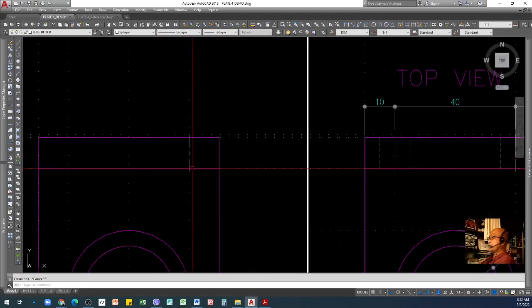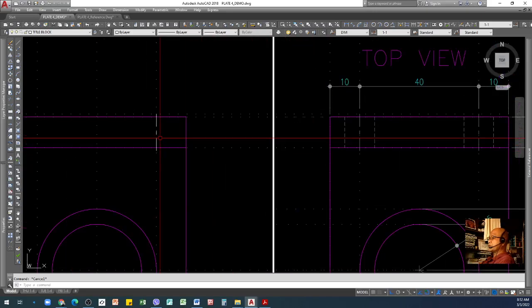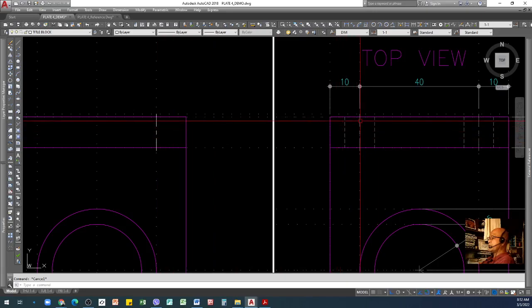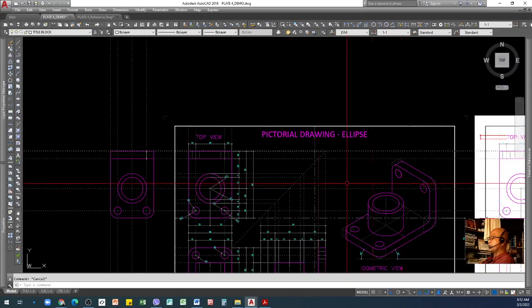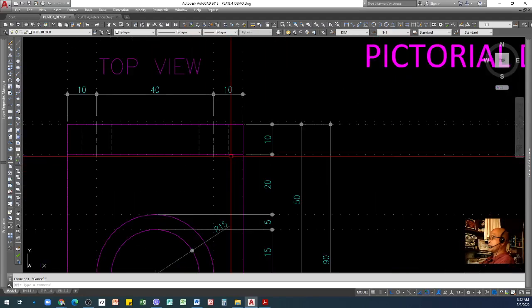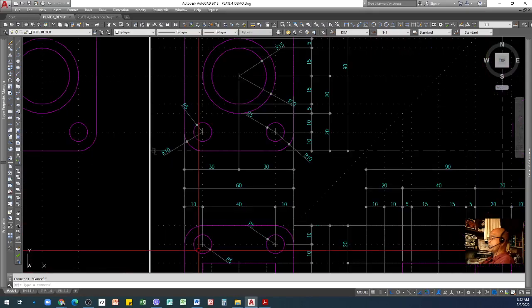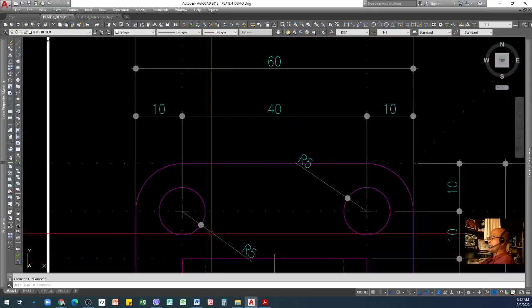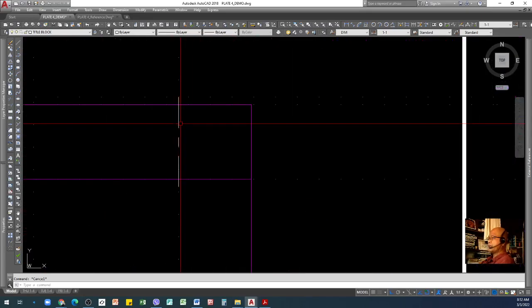And then you need two hidden lines. That's to show where is the limit of your hole or circle here. So which is this one. So since the radius of this hole is 5, meaning we'll just offset this by 5.